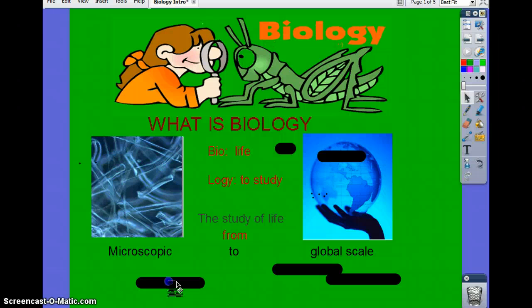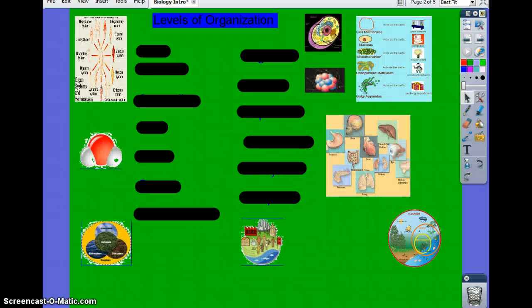So the cell is really the basic unit of life, but we're going to go a little bit smaller in the beginning and then work all the way to global. So I said we're going to start from the smallest. Who could give me the smallest point of life? The atom. And then atoms together combine to form protein. What do we call proteins? Molecules. Big molecules, actually. Molecules combine to form